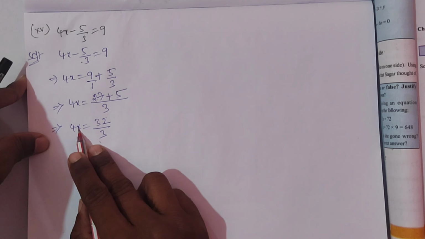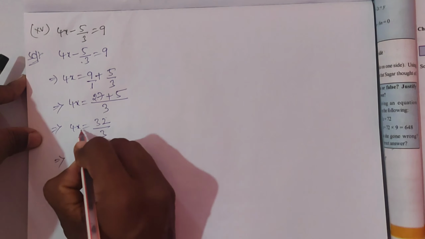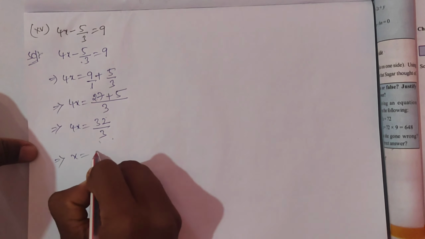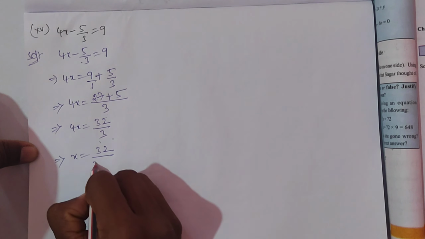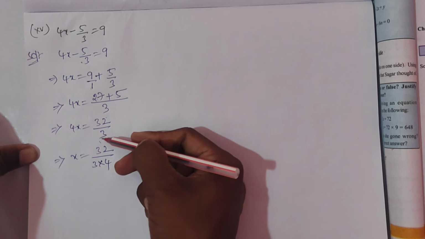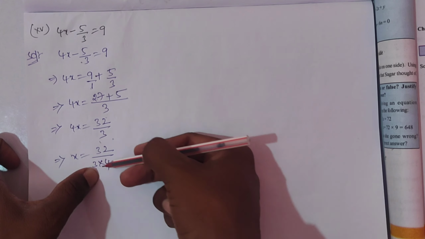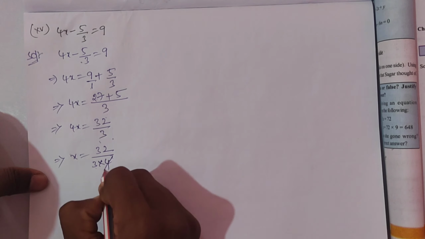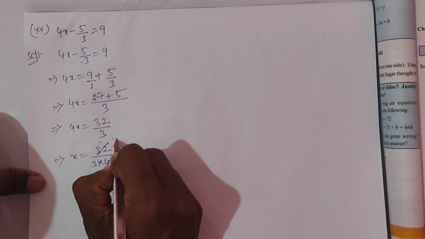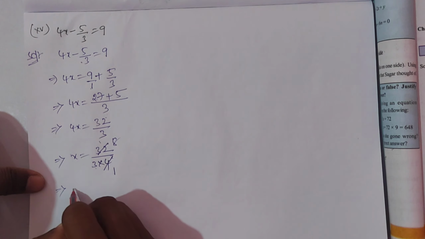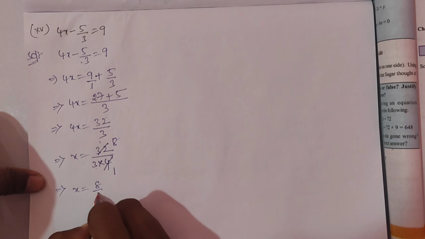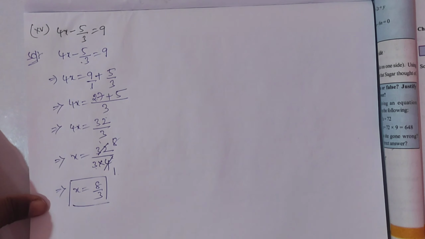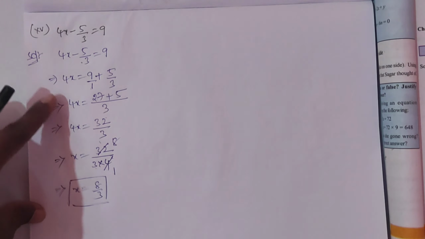Now we have to find the value of x here. Nothing but 4 into x. Multiplication quantity becomes what? Division. Then x equals 32 by 3 into 4. Here already the denominator 4 is there. This again multiplication becomes a division only, right? So 3 into 4. Cancellation is possible, right? Yes. 4 1s are 4 and 4 8s are 32. This implies x equals 8 by 3. 1 3s are 3, right? x equals 8 by 3 is the answer. Clear? This is the 15th one.